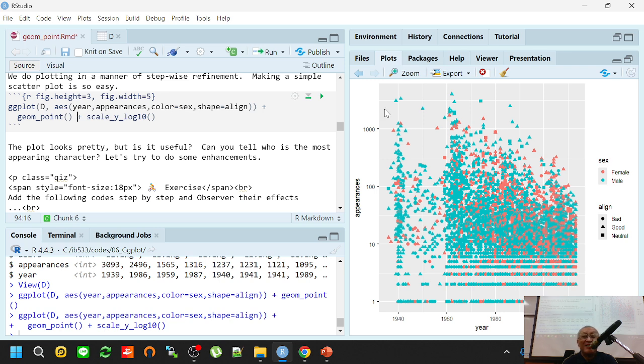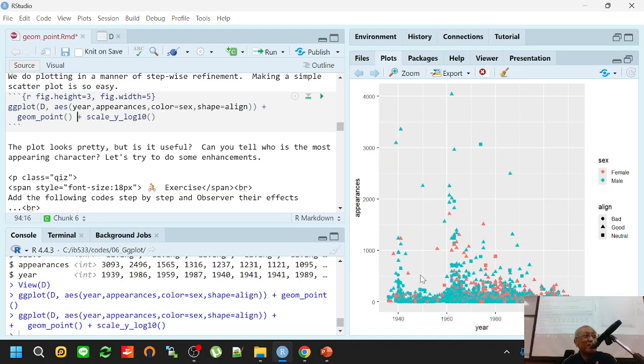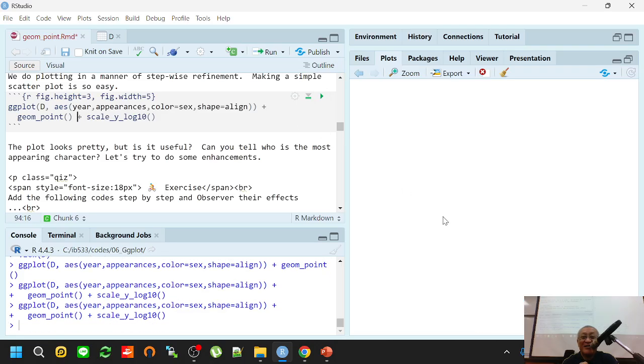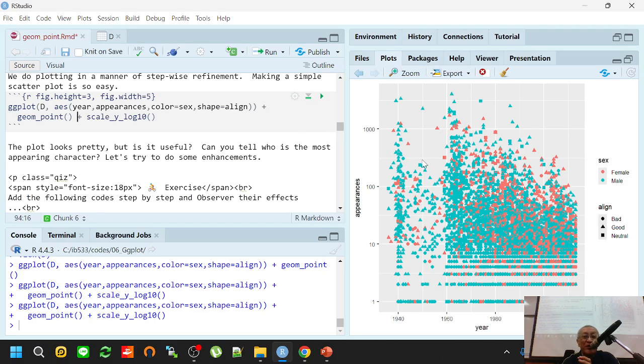Right? I told you already, right? This log transformation tends to reduce the impact of outlier points, right? So you carry more information in this chart,